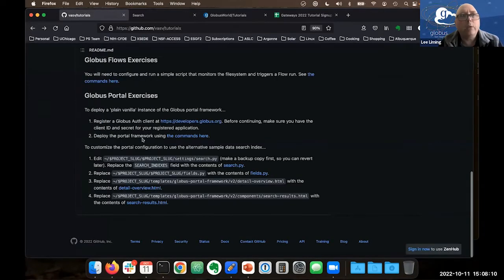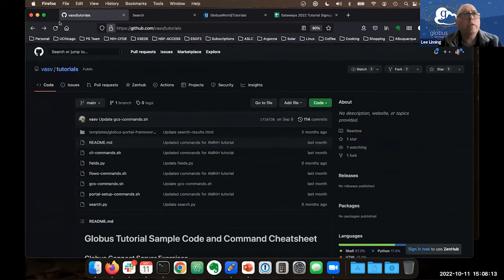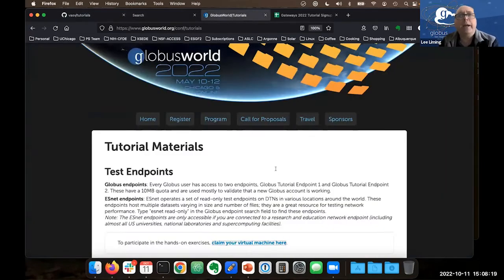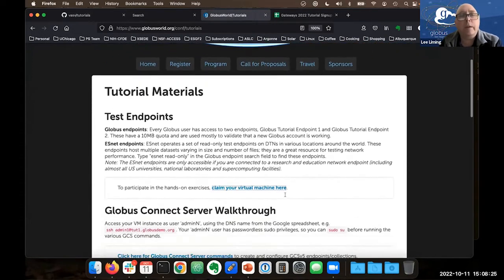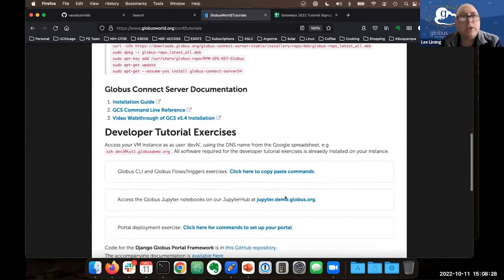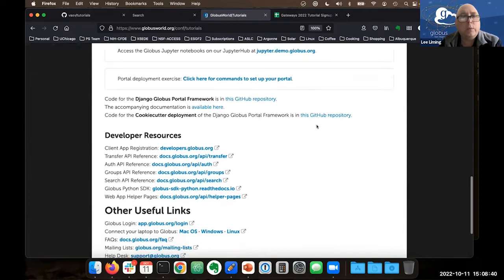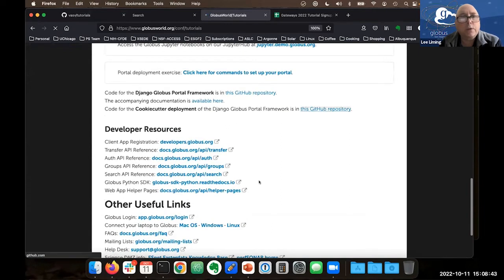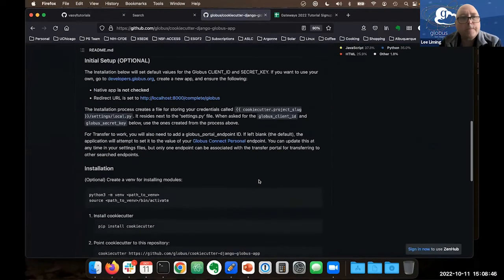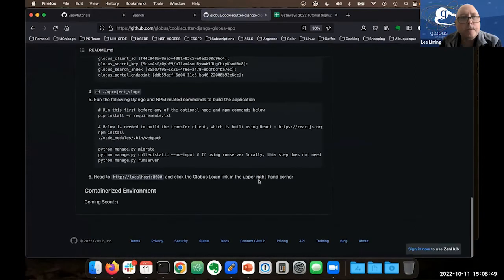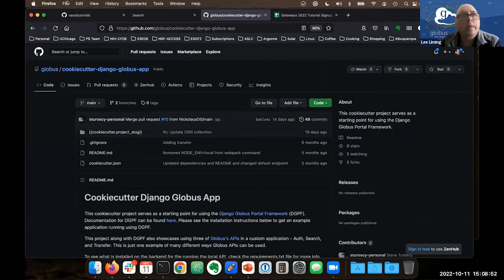So let's see, here we go. If you go back to the cheat sheet page, globusworld.org/com/tutorials, that's that bit.ly link that we had. One of the things that is linked off of here is the code for the cookie cutter deployment in this GitHub repository. That's not what I'm looking for. Maybe it is. Nope, that's not where I got my cheat sheet from. Okay. Anyway,